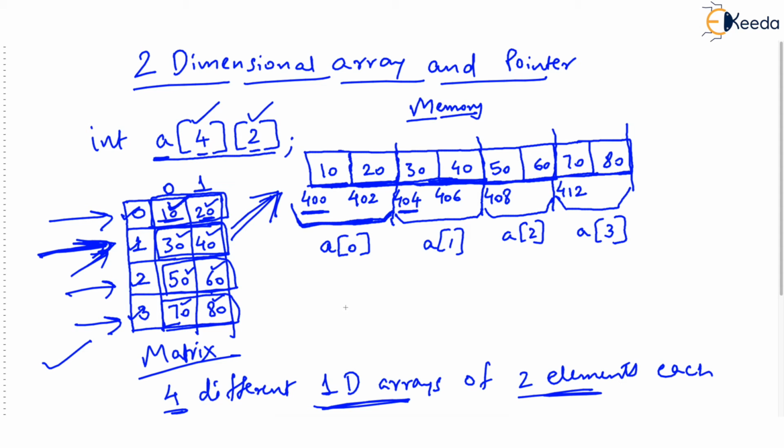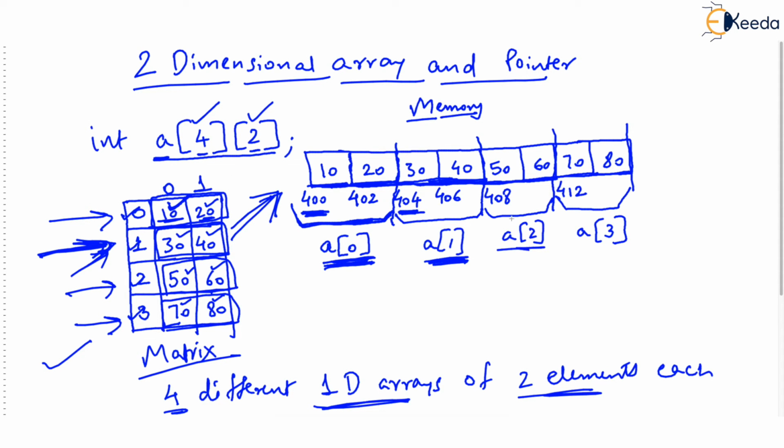What that means is, this A0 gives address. Just check my words. If I write A0, that is using single subscript. If I write A0, then I will get address of where the 0th row begins. And the 0th row begins at 400. Now, if I write A1 in my program, A with a single subscript 1, then we will get address of where row 1 begins. That will be 404.